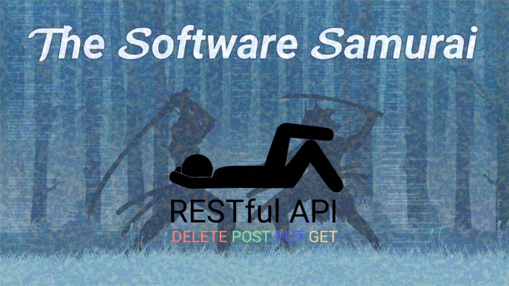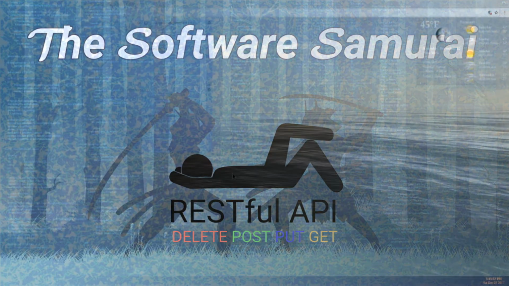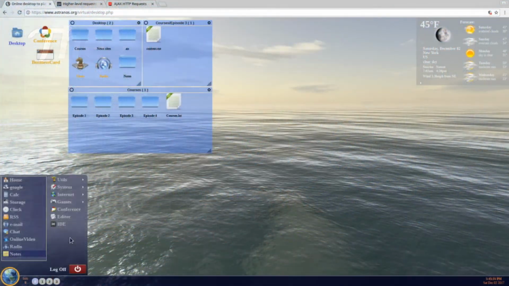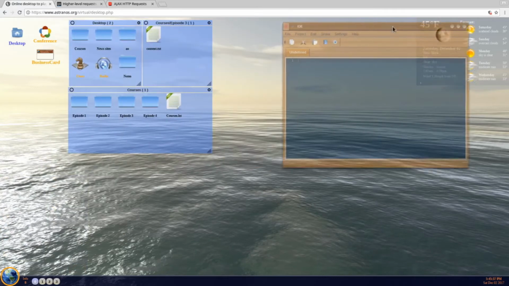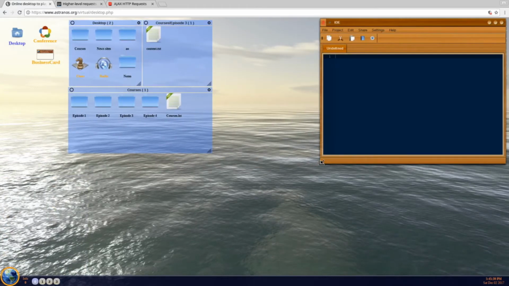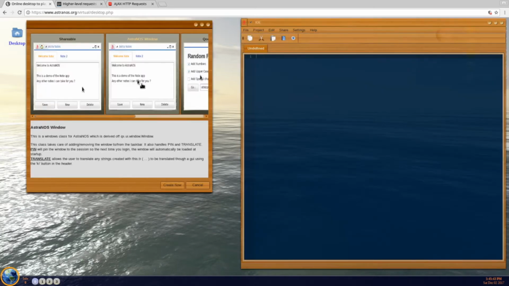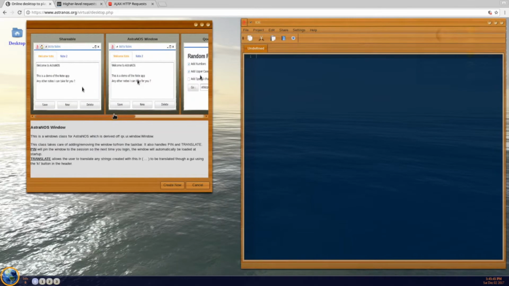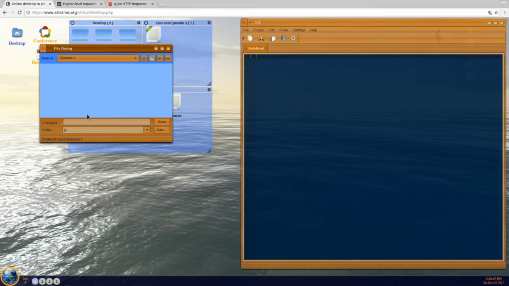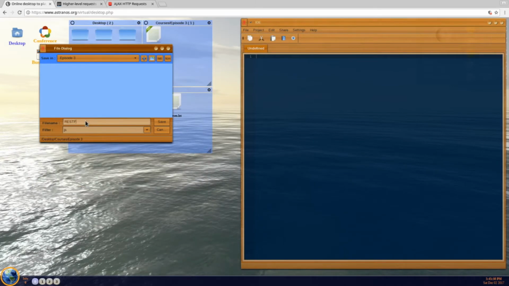Now let's get back to Qooxdoo and how it all fits together. First, I want to show you how you can load additional code from the server into the browser. Well, the first thing we have to do, let's open the IDE. Let me move it out of the way here and make it a bit bigger. Then we gotta create a new class. In this case, we take the standard window class and we call it RESTful